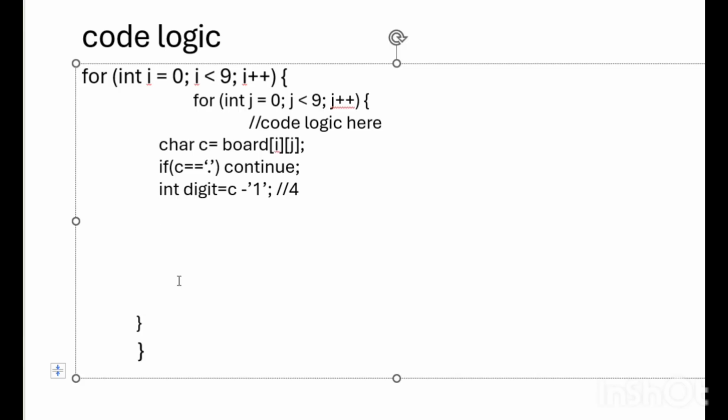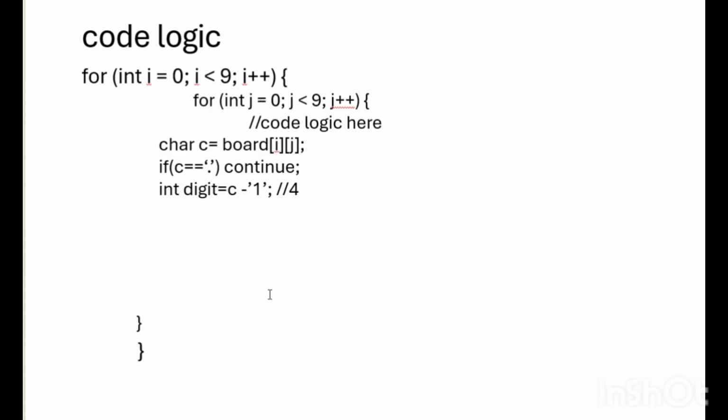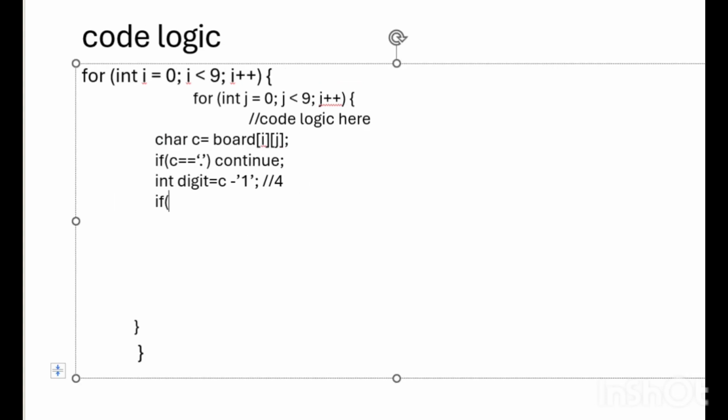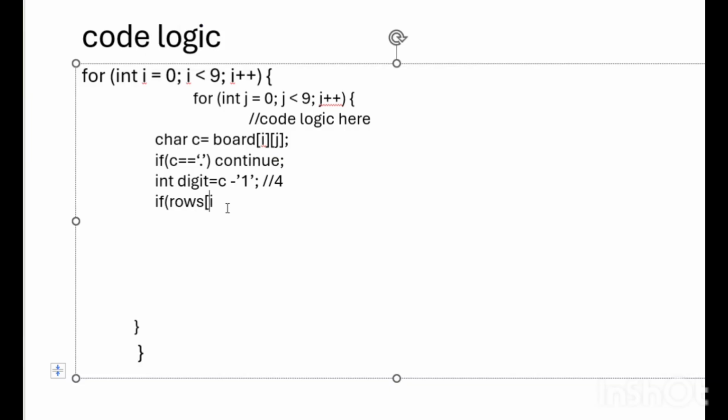In the row-wise matrix, the name is rows. The column-wise matrix name is calls. Boxes is boxes. So what I'll have to check is rows of i, where the row index is i, which goes from 0 to 8. And the second thing is the actual value, that is digit. If rows of i of digit equals false, or if it is true,